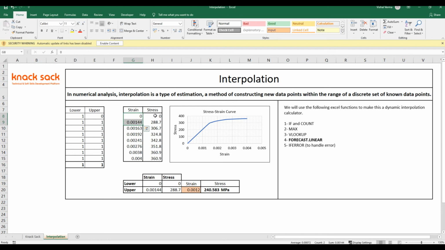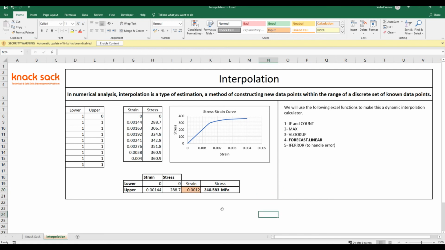So our stress value should lie between these two, 0 and 288.7, and it is 40.583. That means we are getting correct values. So we have our dynamic interpolation calculator ready.